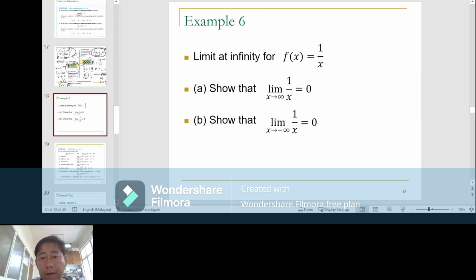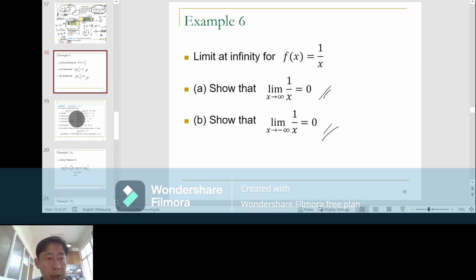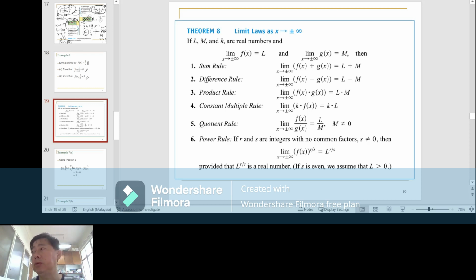Okay, so we have just shown that, and we also have shown that based on figure 2.32. But the important thing here is not so much the proof of the limit for 1/x when x tends towards positive infinity using the definitions. What is more important here is to understand how to calculate the limit of a function as x tends towards